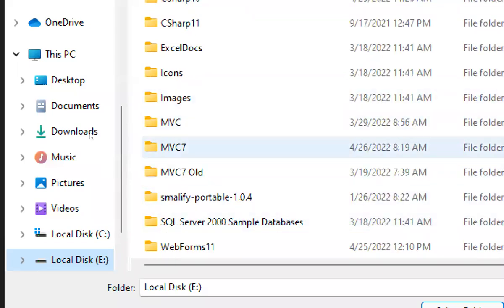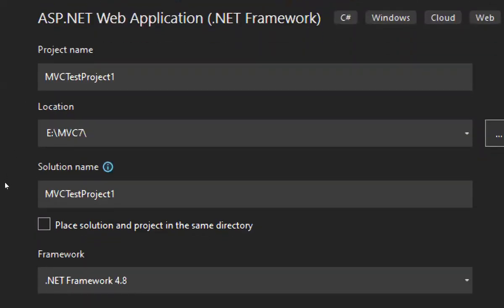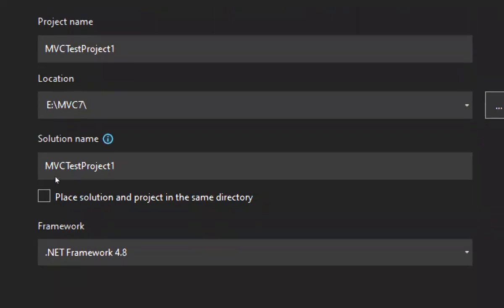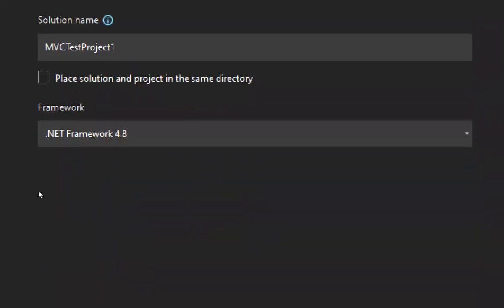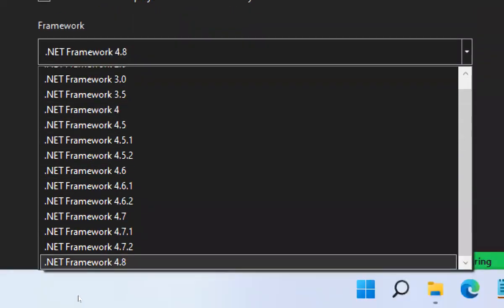Yeah, choose MVC 7. Okay, and now the framework, the latest and last version, what I told you, .NET 4.8. You'll get the list of all the frameworks.